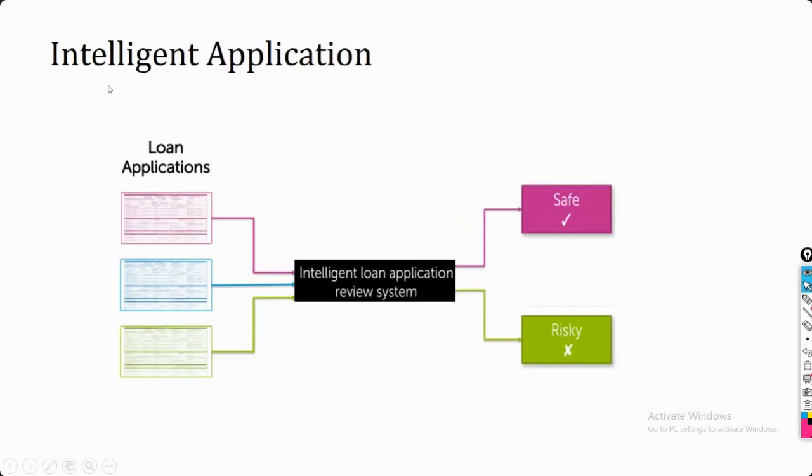Now, what we are going to do in the case of a decision tree is build this intelligent system, an intelligent loan application. We build it based upon your previous information. Suppose, for example, you have only these three sets of information, and each application refers to one particular person. This is your first customer, second customer, third customer. Based upon these three customers, I have prepared this intelligent system.